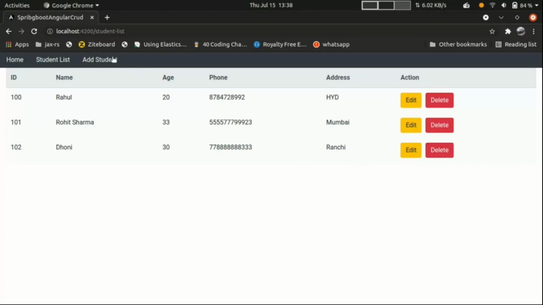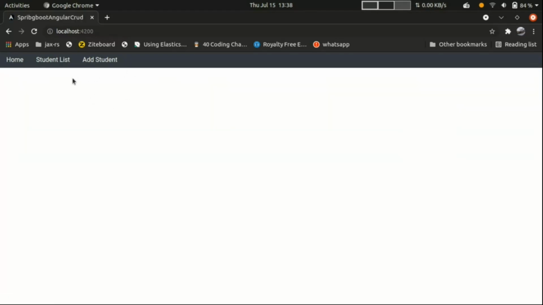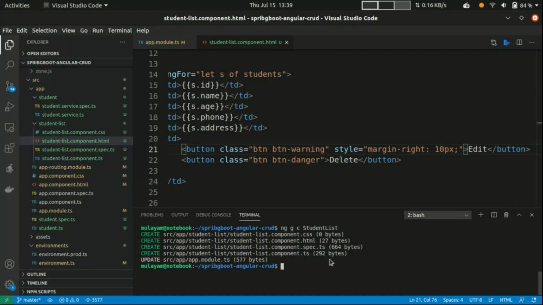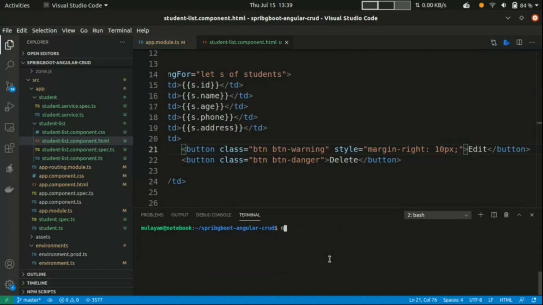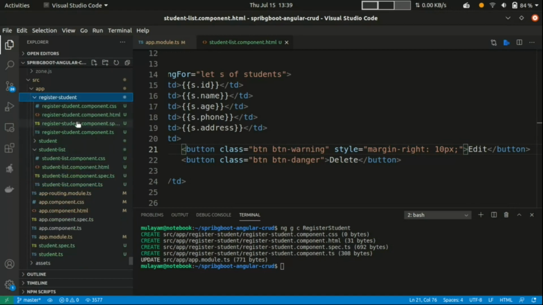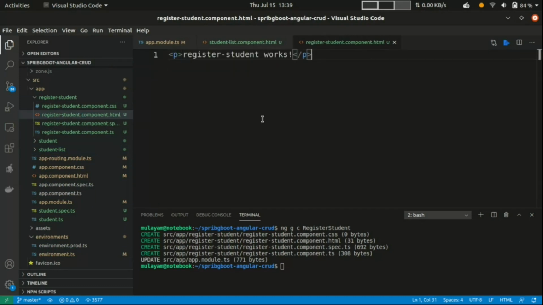The next thing I want is, when I click on this, to load the student form. So let's create one more component: ng generate c register student. Great, I can see register student here.